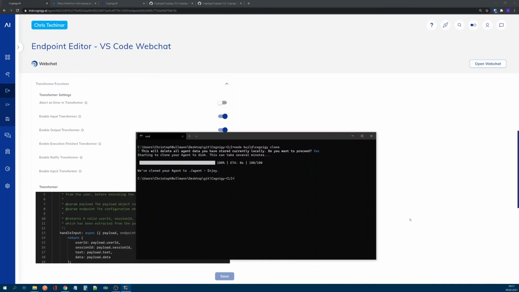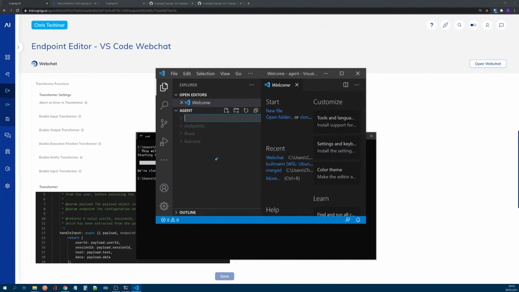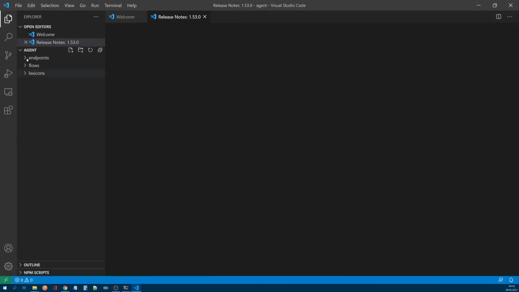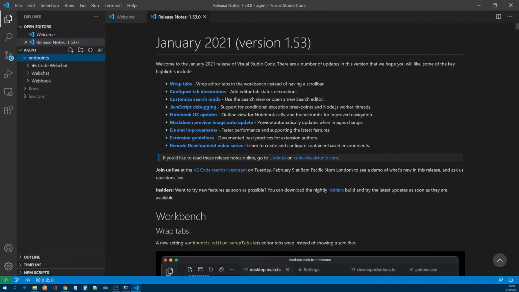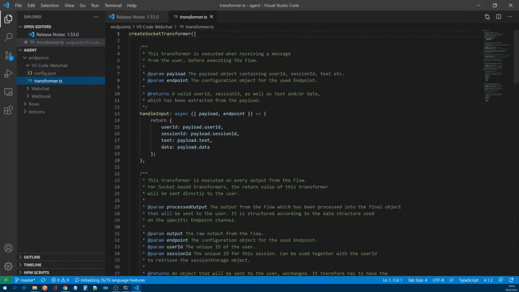Now if I open up VS Code, you can see here now, let me maximize this. We now have here this agent repository, and we can see our VS Code web chat. If we go to the transformer TS, you can see we now have the socket transformer.